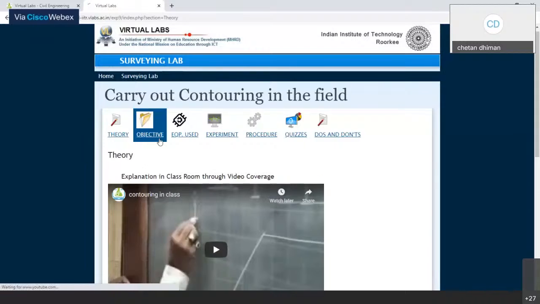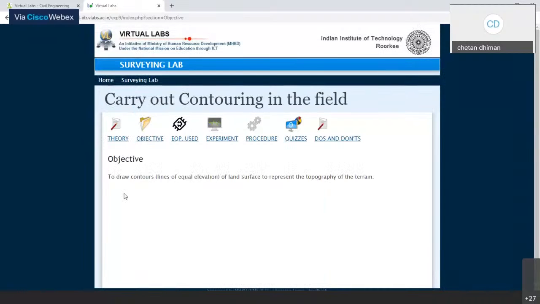Then when you click on objective, you will find the objective of that particular experiment. You can see here: to draw the contour lines of a land surface to represent the topography of the terrain. So in this experiment, you will make contour lines and the topography of a terrain.